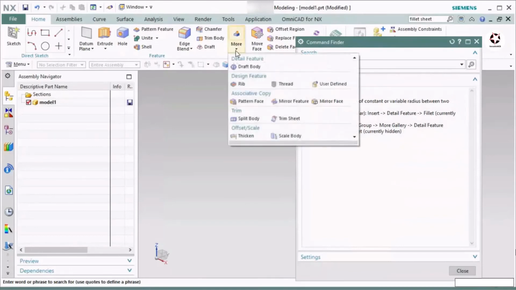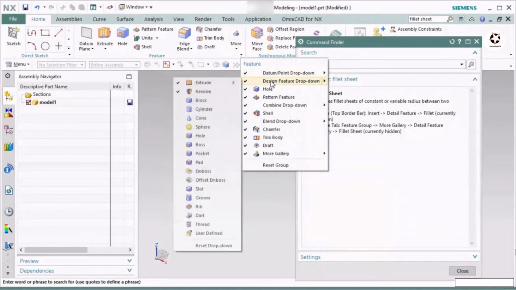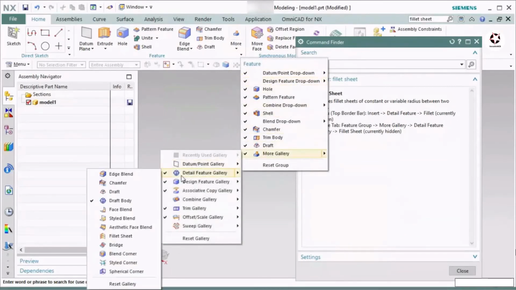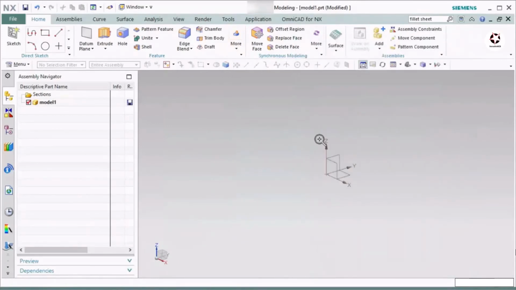So if I go to this more, then this more gallery, detail feature gallery, from here I will find this fillet sheet which is currently hidden. Now if I check this option and hover over it, it will show me because I just selected it. So this is how you have to find any tool.